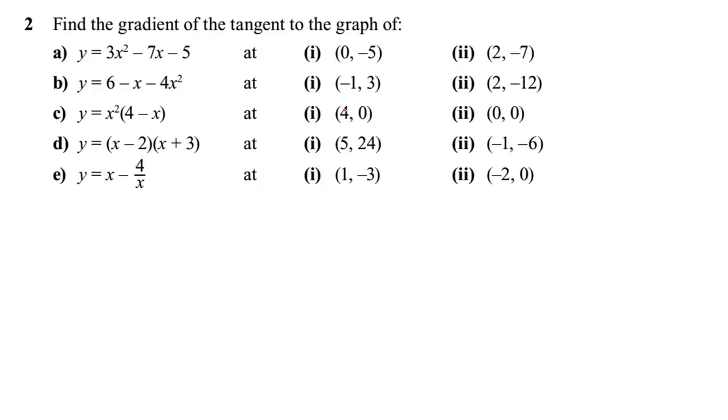So these questions we've done already. All you need to do is differentiate this. Once you've differentiated, you put x being 0 and x being 2 separately to find the different answers. Going back to that again, you differentiate this, then sub in 1 to find what dy dx is there, the gradient, and then you do the same with negative 2 as we did earlier. That's all you need to do. So if I just do this one for you quickly,